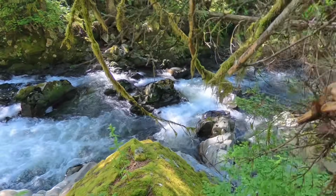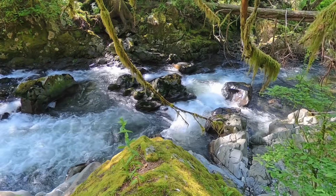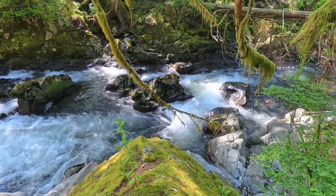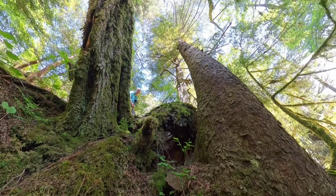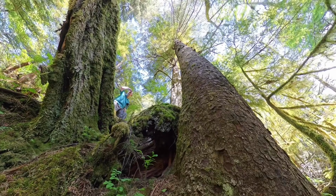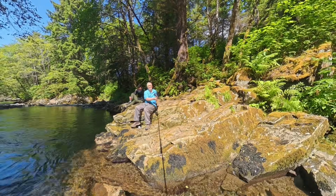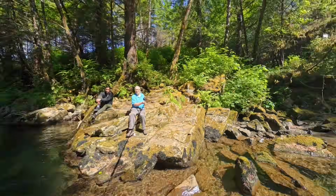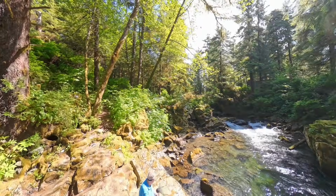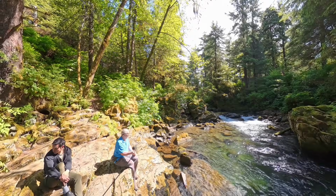The main run of pink salmon will show up about August 1st. And then we'll get a real late run in September that'll come up the river. I didn't see any chum. Here I am dropping my camera down, looking down at the river and seeing what's going on. Yeah, around the 1st of August, a little after, this area will just be solid fish. The main run is, I don't know how many fish come up this thing anymore. 10, 20, 30,000 pink salmon? I have no idea, but